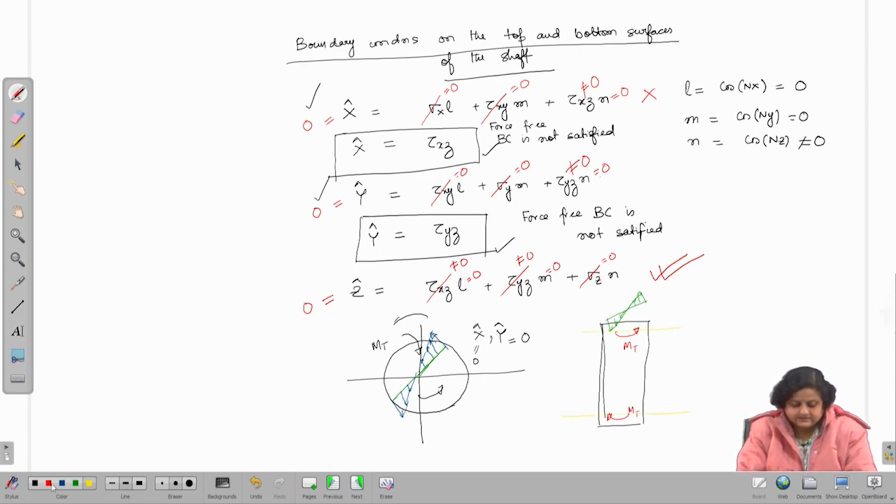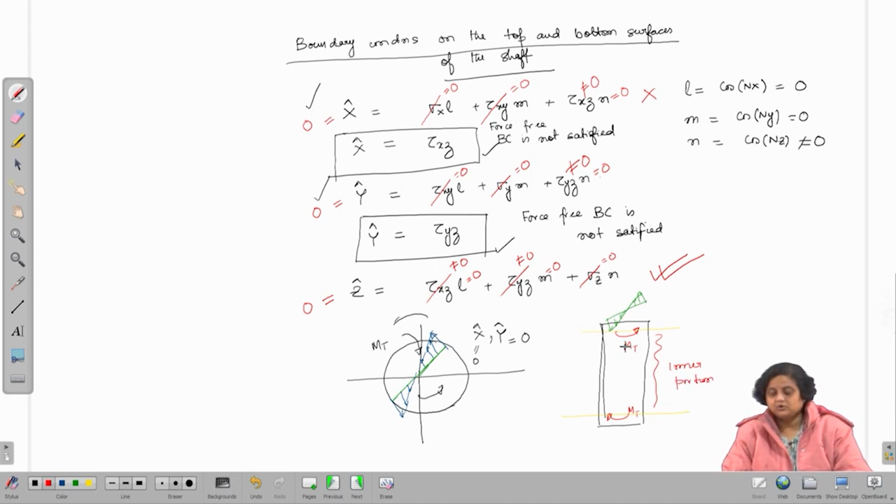In the inner portion of the shaft, the effect, whether we are applying a pure torque or a torque in the form of this force, will not be visible. This is according to the basic theorem that we have studied in solid mechanics, which is called Saint-Venant's principle, which states that the boundary effects are seen only in the region close to the boundary and not in the inner portion of the structure. So, now